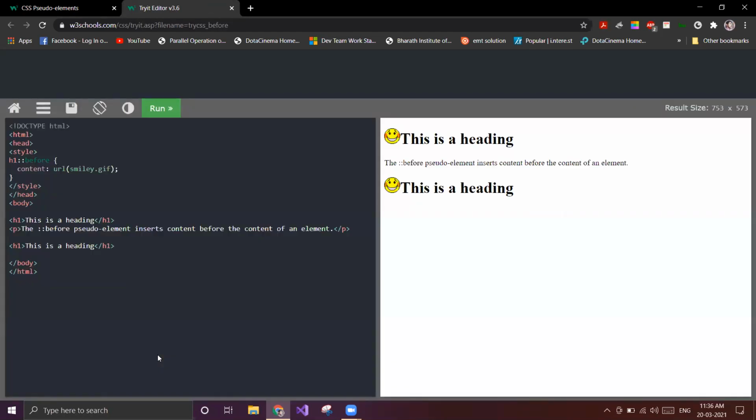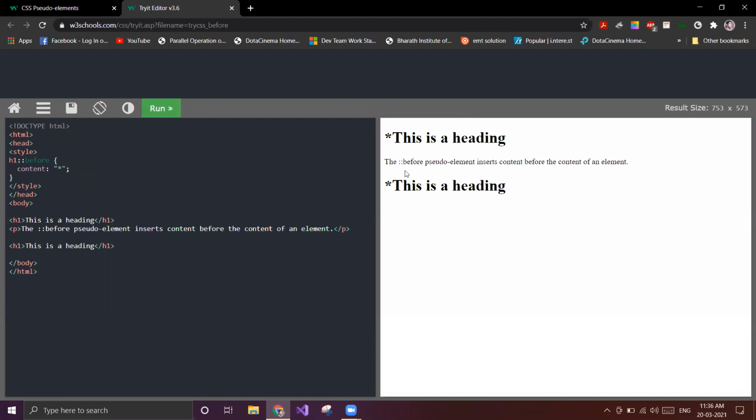So there is another property called before and after. If we use before and after, what happens? See, I have an h1 tag. In that h1, I have applied colon colon before, and then I'll give something. If I put blank, nothing is there. Before the h1 element, if we want to show something, it will apply that style.